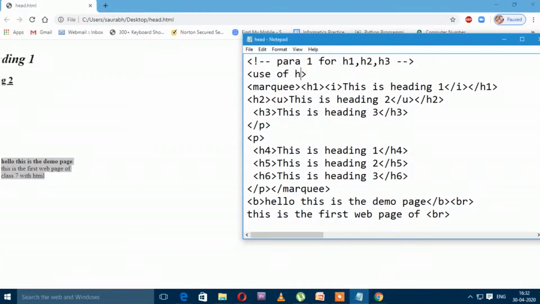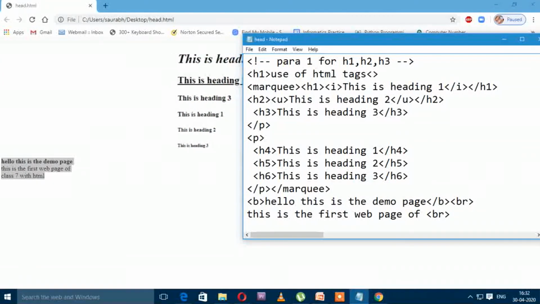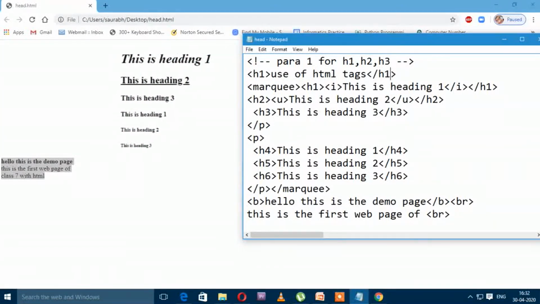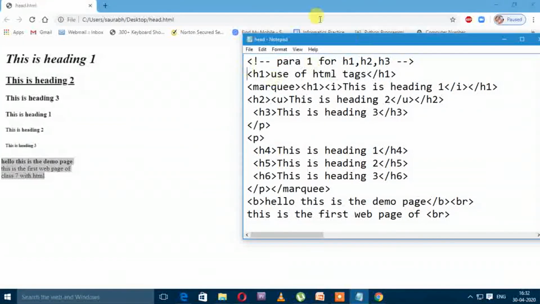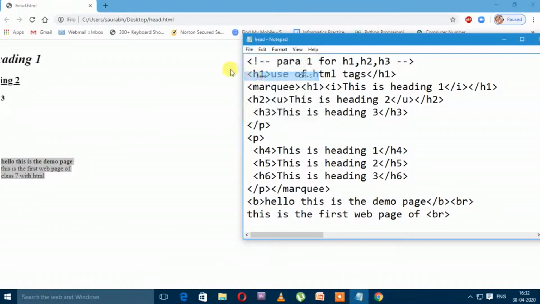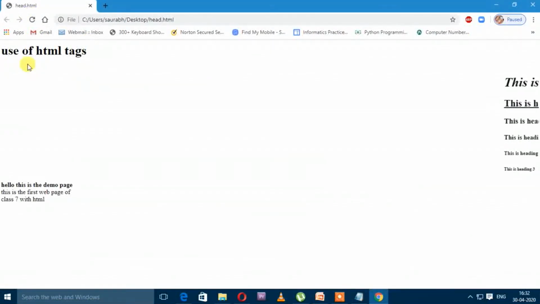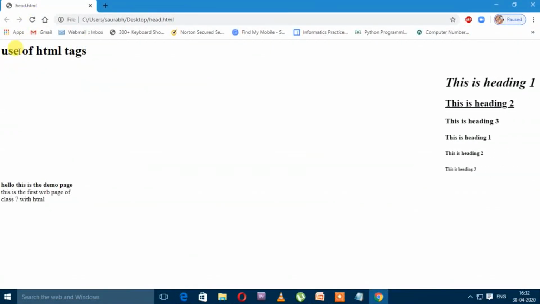Okay, and I will put this use of HTML tag in between the h1 tag. And now when we save it and refresh it, so look at here, right now it is aligned as the left side, but we want it where? At the center.